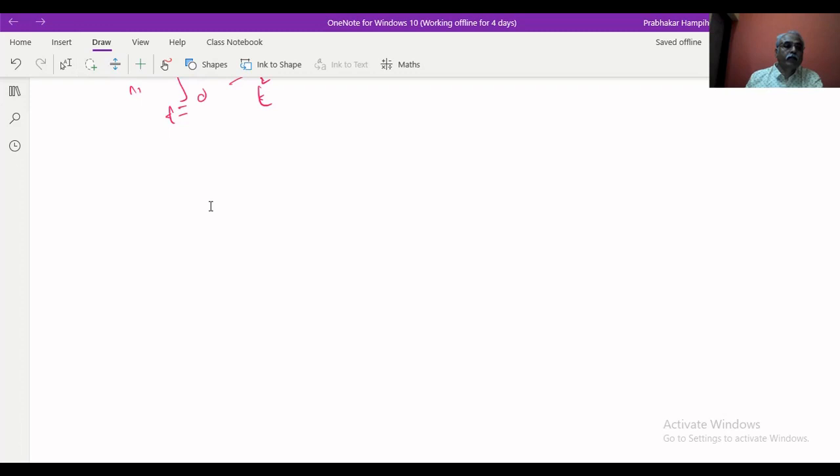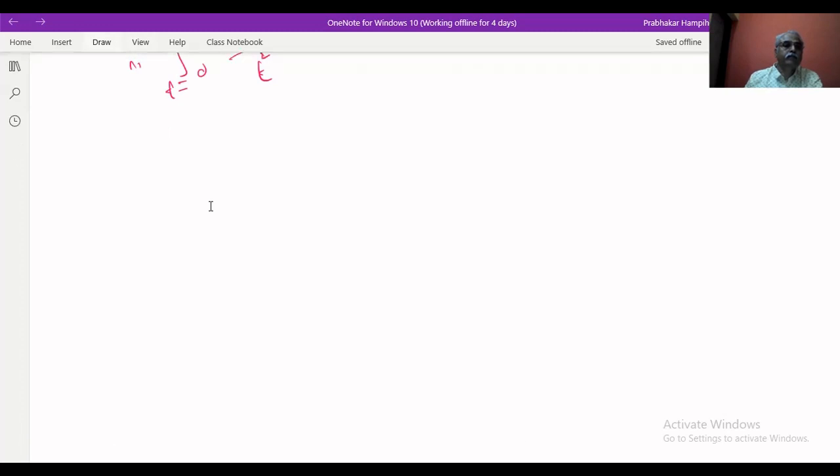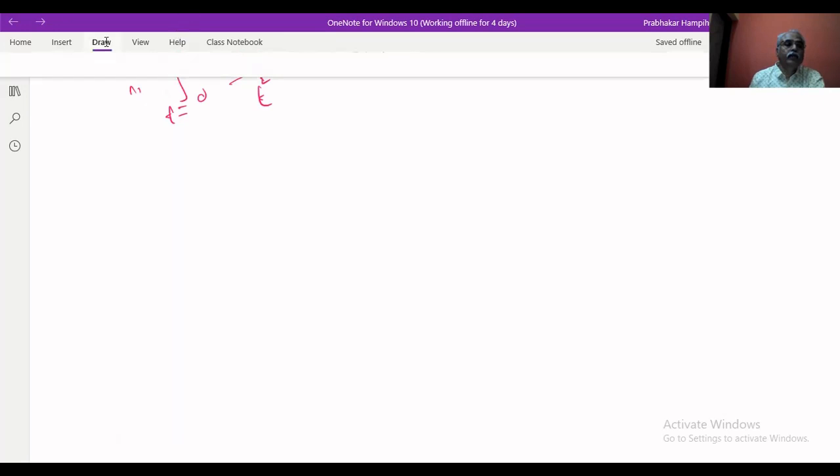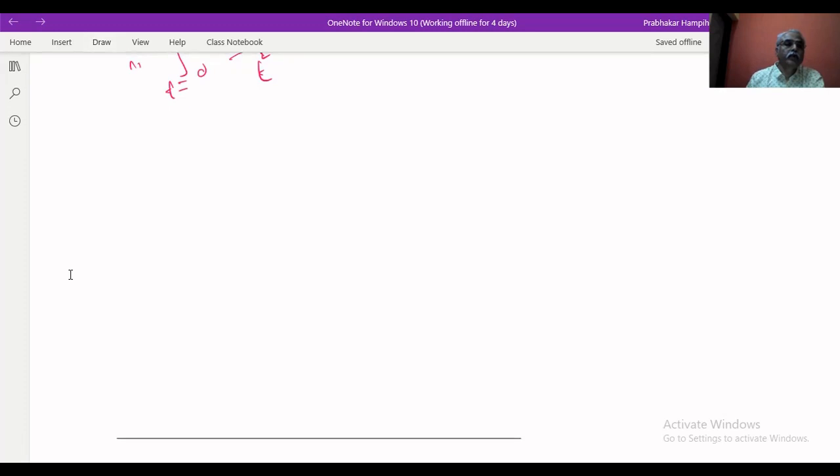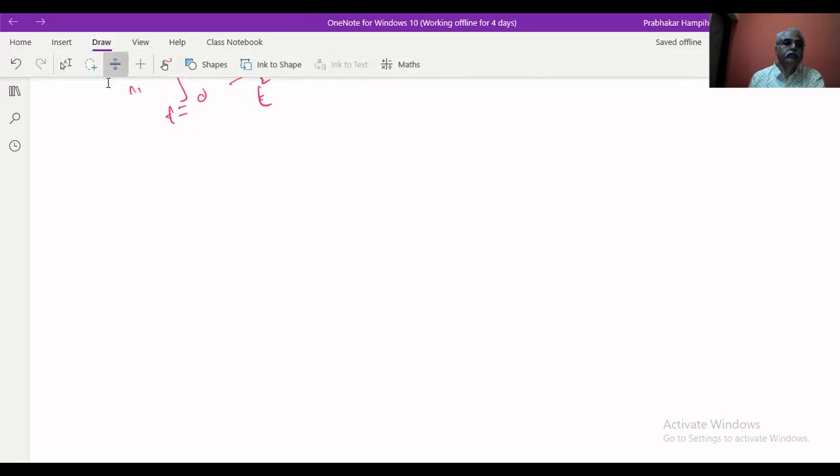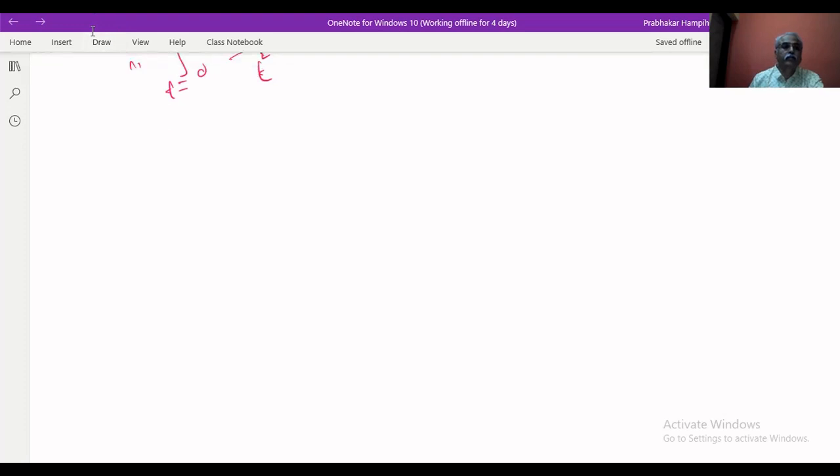Example. Find the Fourier sine and cosine transform of